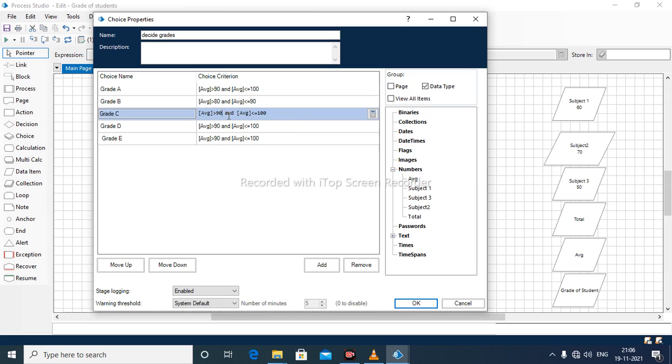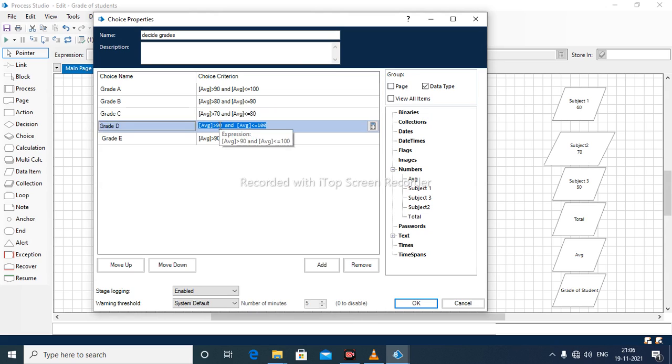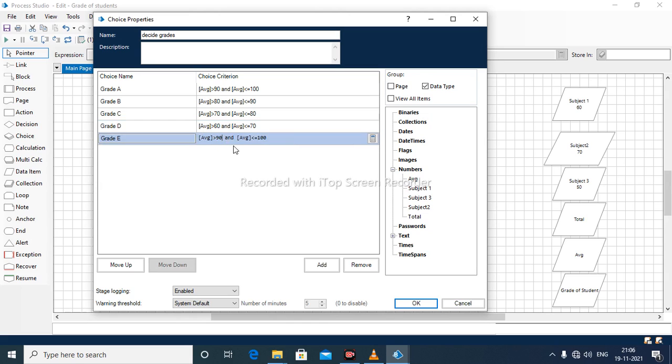Then if it is between 70 and 80, there will be grade C. If it is 60 and 70, this will be grade D. And if it is 50 and 60, there will be grade E. And if the average is below 50, it will come as invalid.